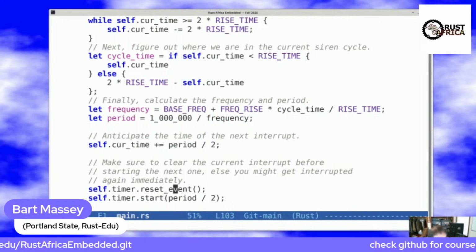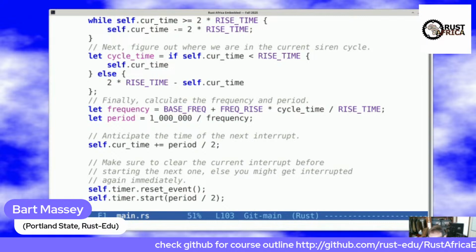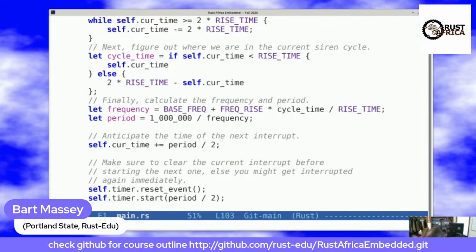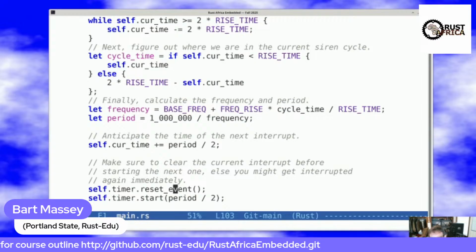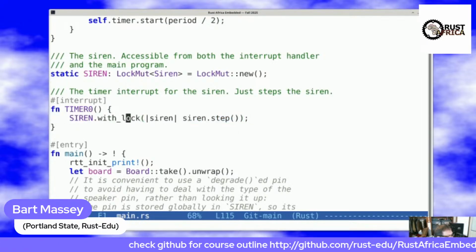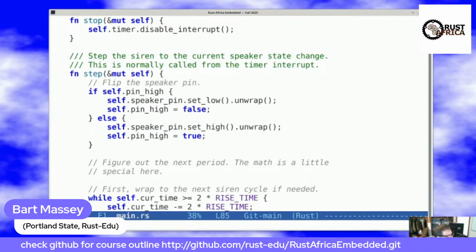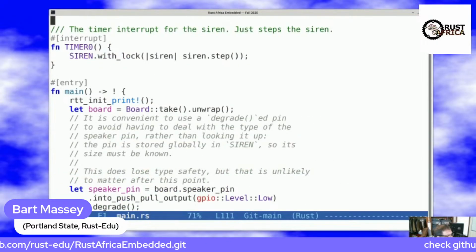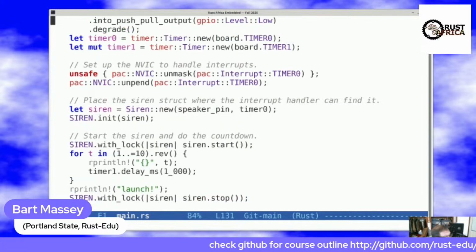This instruction is critical. This is the thing that resets the timer's event so that we don't just immediately interrupt again. That's important. So having done all those things, then this is our interrupt handler. It just calls the step function. Notice that it has to lock this structure because something may change it. In particular, you may stop or whatever. And so we do that the normal way that we've been doing it all along. So that's the code. And then the main program just makes a new siren,